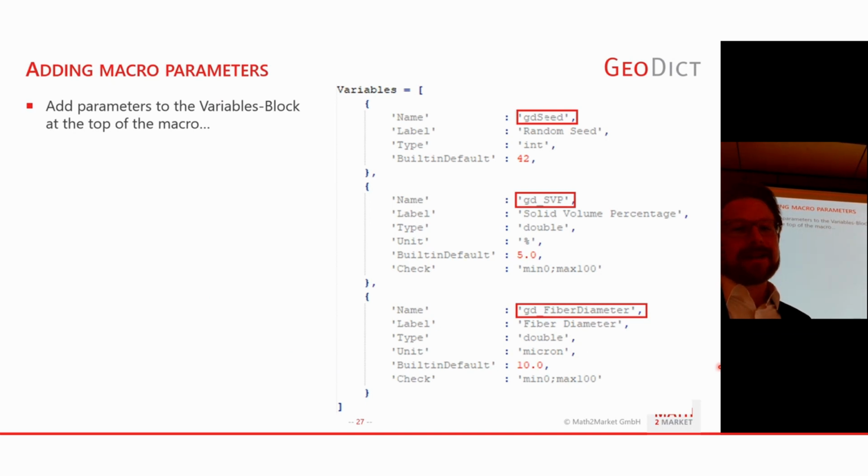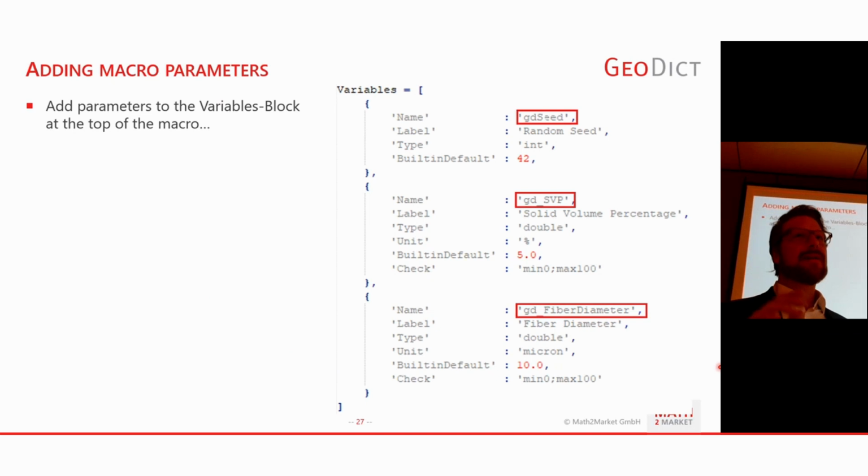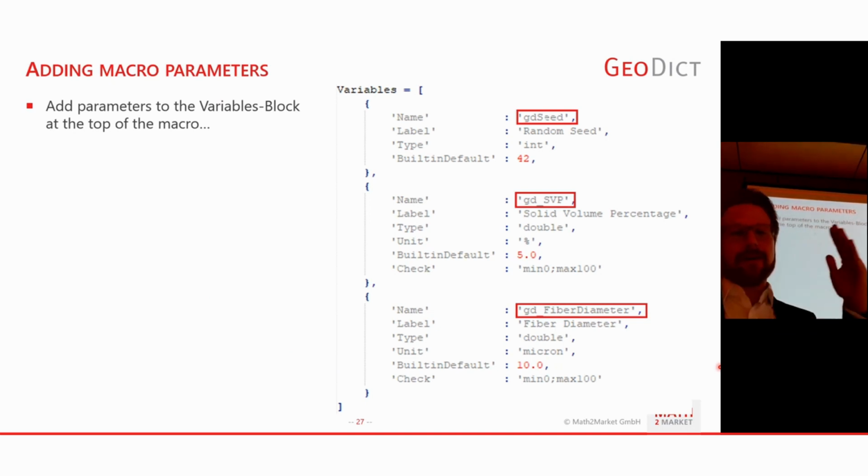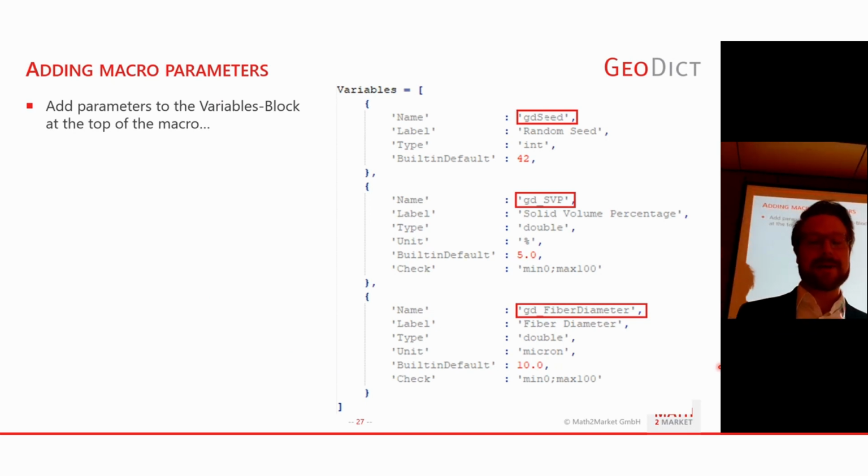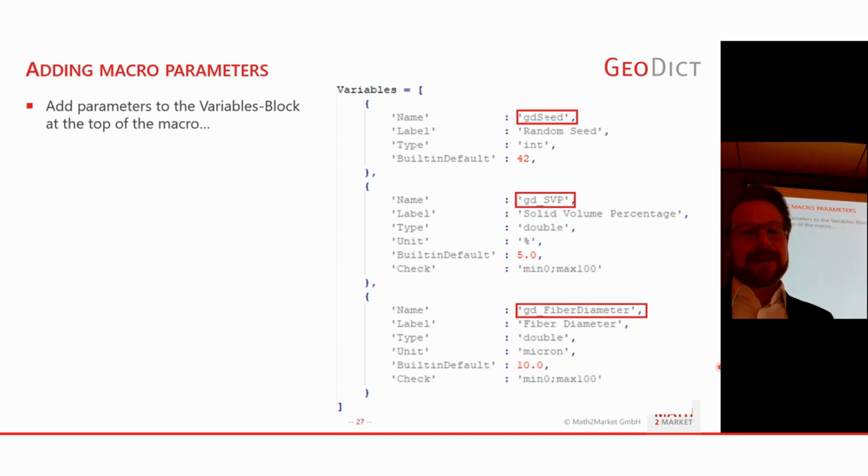Now that we have added these variables, we now have a parametric macro. You can also, for example, in GeoDict, in the execute macro dialog, enter these variable values manually, run that macro, and it will generate the structure for you. Most of you might know that. Or you can also run a variation, which generates the whole set of structures depending on values. But at this point in time, we have added these as parameters, but we have not used them. So basically, they would be ignored right now, and it would still generate the very same structure.